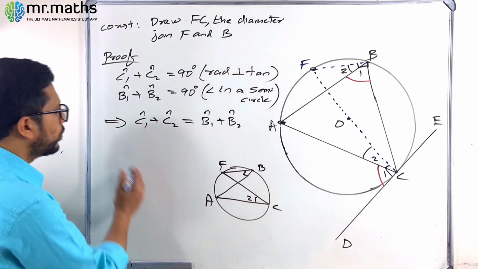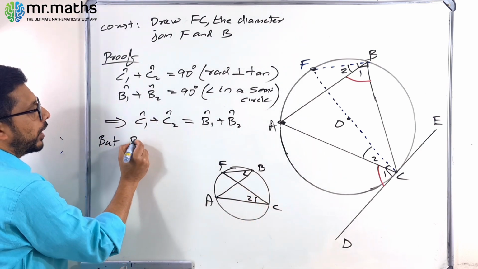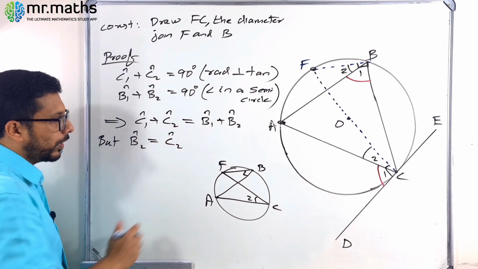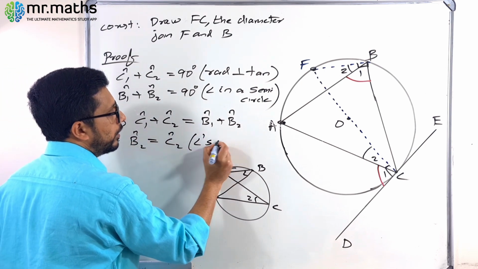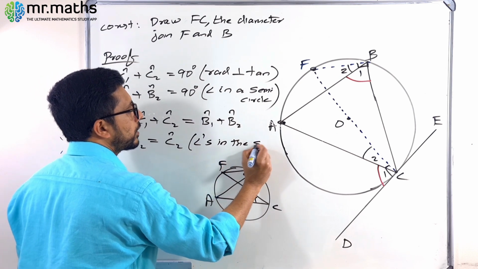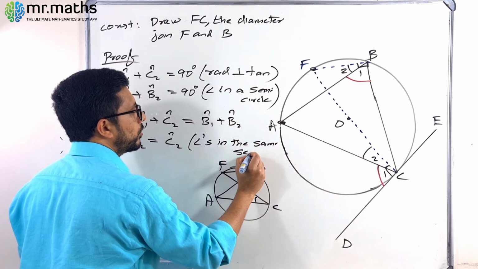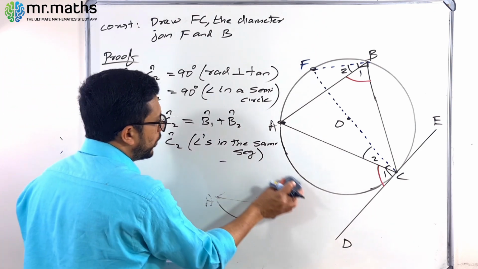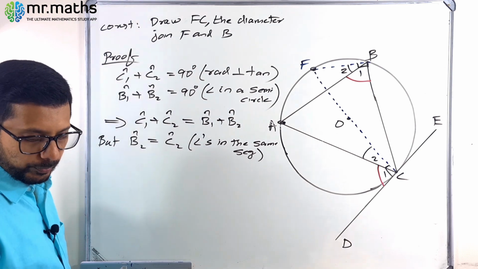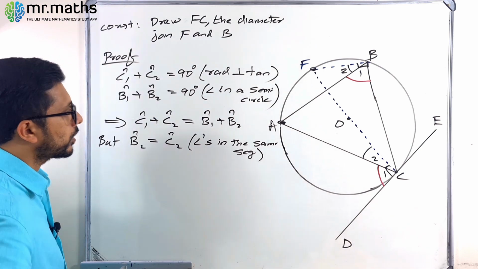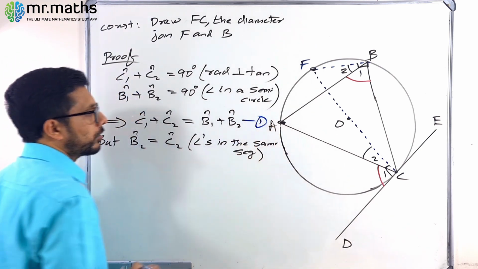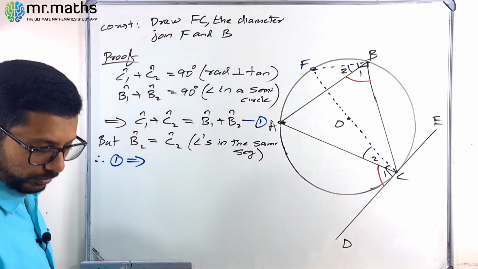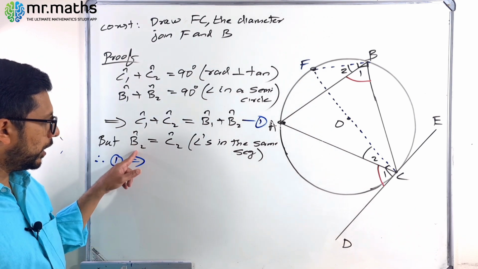Am I right? Okay, so angle B2 is equal to angle C2. What is the reason? Angles in the same segment. You studied a theorem like that: angles in the same segment are equal. So we got that two angles are equal. Now look at this one. Let me call this equation number 1. Therefore equation number 1 implies that B2 and C2 are